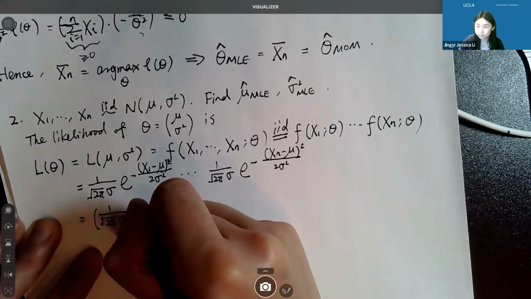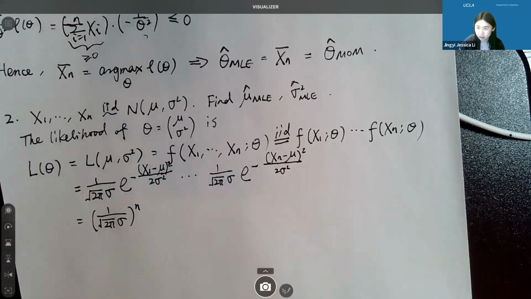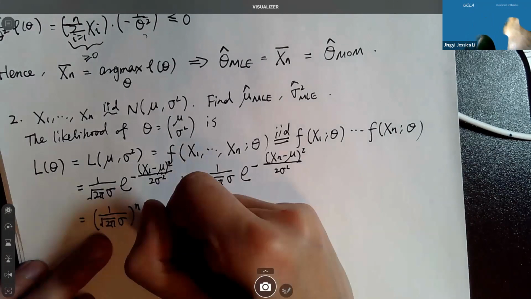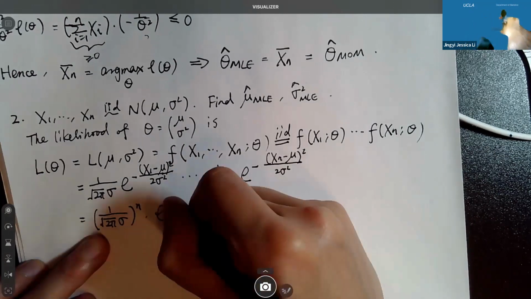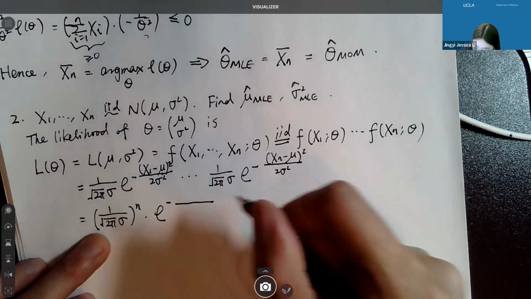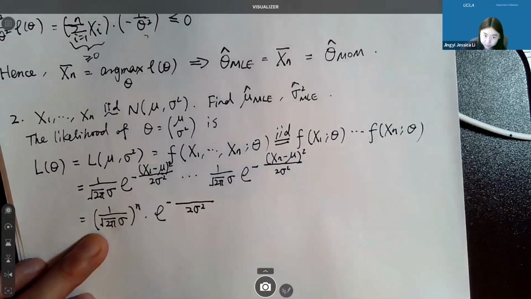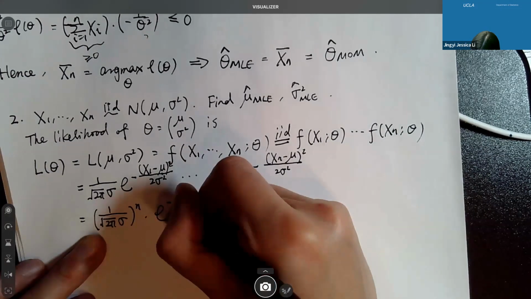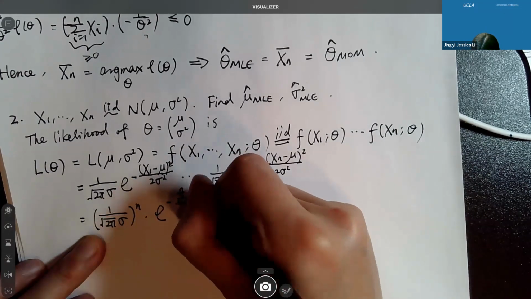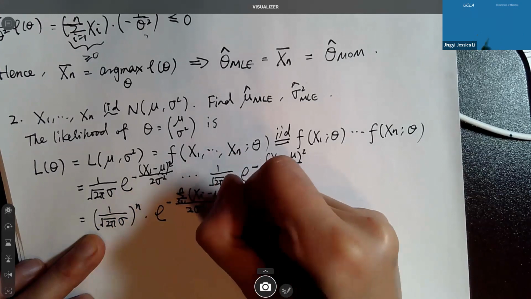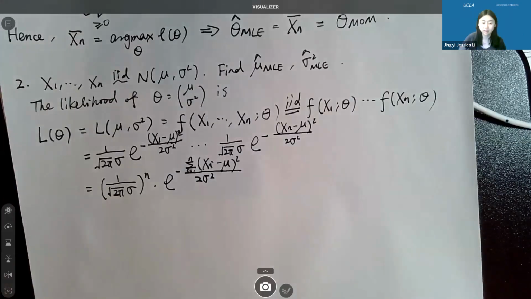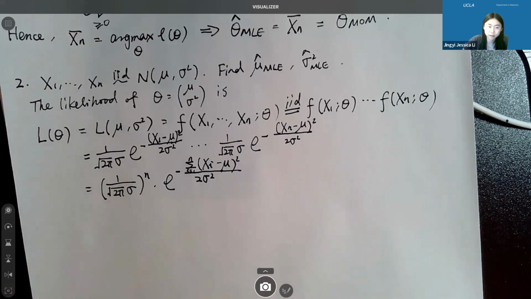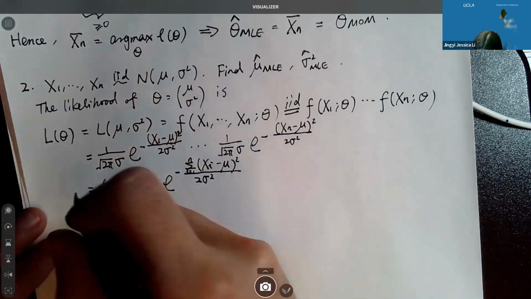And for the exponential terms, when we multiply them together, we add up the powers. So exponential to the negative, I'm adding them up, and the denominator is common. So I put the denominator here, but the numerators are added up: sum over i from 1 to n of (Xi minus mu) squared. You see, this is the likelihood. And because this likelihood involves power and also exponential function, again, it's easier to do the log likelihood. So the log likelihood